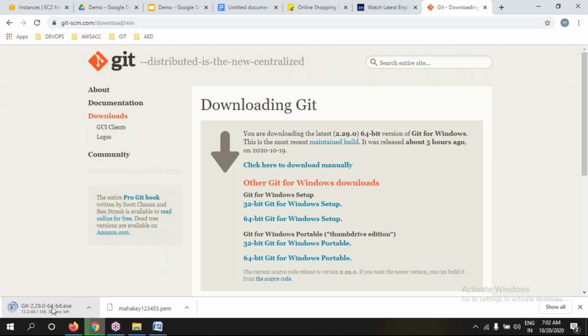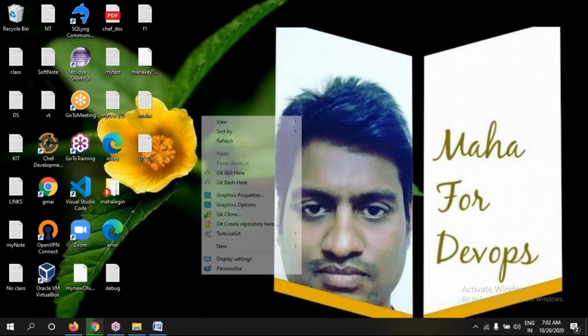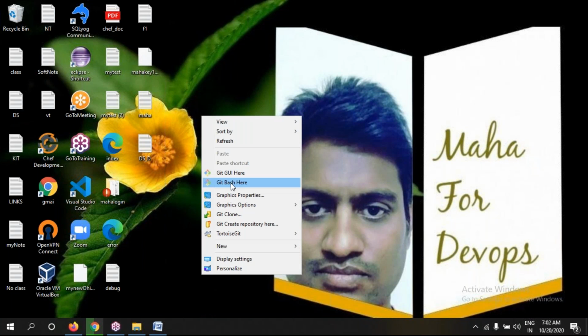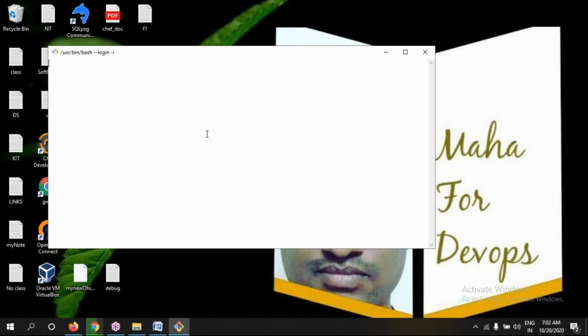After successfully finishing the installation of Git, right click anywhere in your laptop and this Git Bash option will be available. If you click on Git Bash, a Linux terminal will open. With the help of this Linux terminal, I can get into our cloud server.